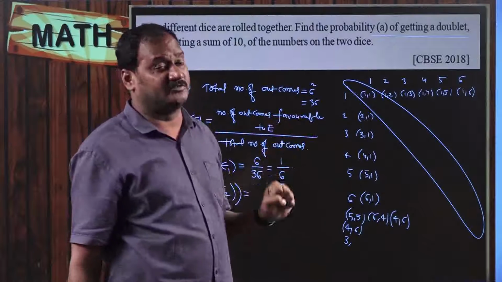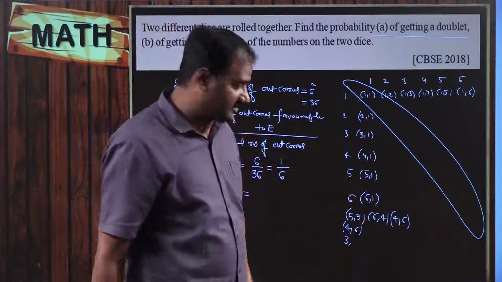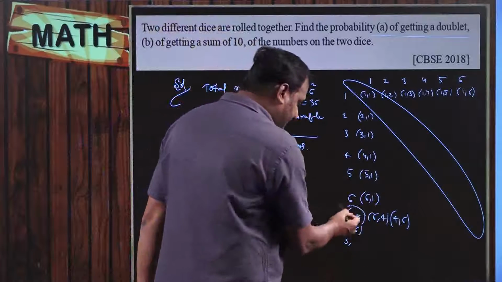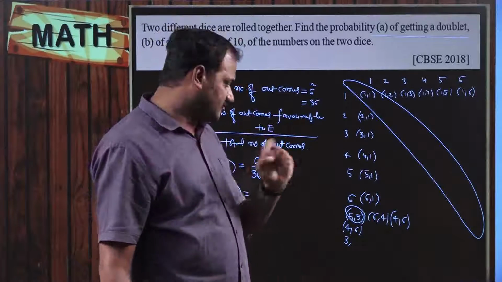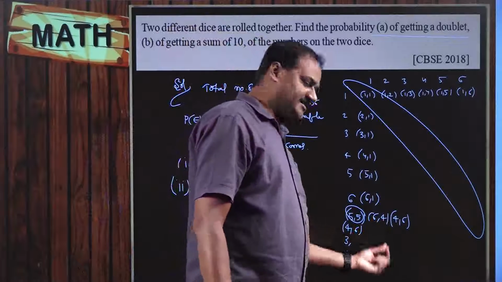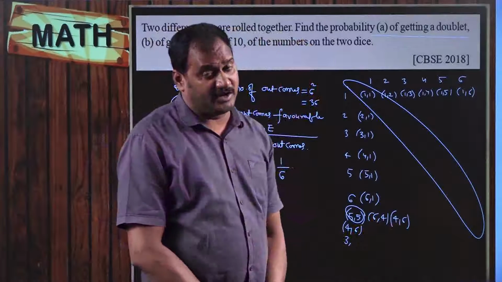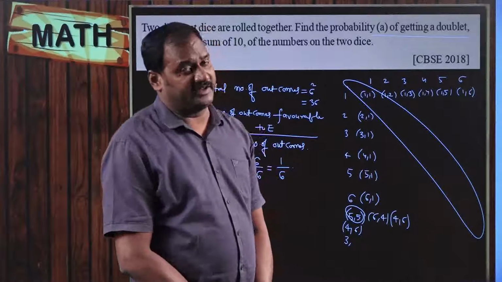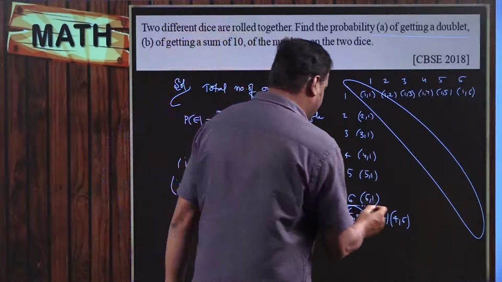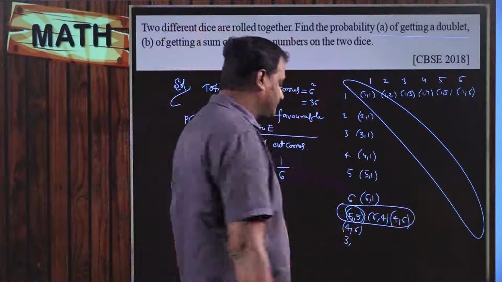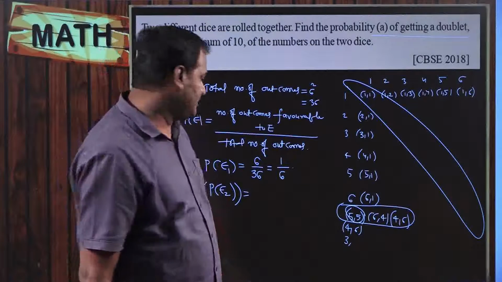So what are the possible outcomes here? I am talking about favorable outcomes. They are 5 comma 5, which is only 1, because 5 comma 5 and 5 comma 5 are both the same. So there is only one 5 comma 5, and 6 comma 4 and 4 comma 6. Is there any other favorable outcome whose sum is equal to 10? There is no such outcome. So the total number of favorable outcomes is 1, 2, 3, whose sum is equal to 10.